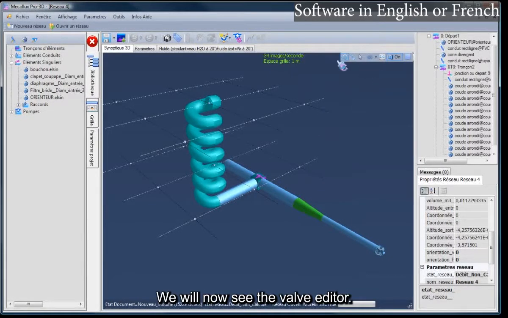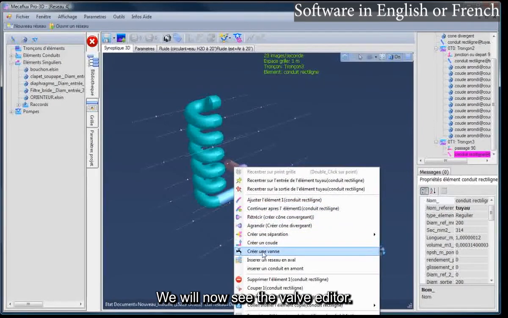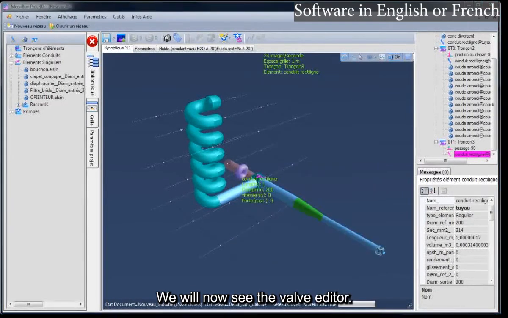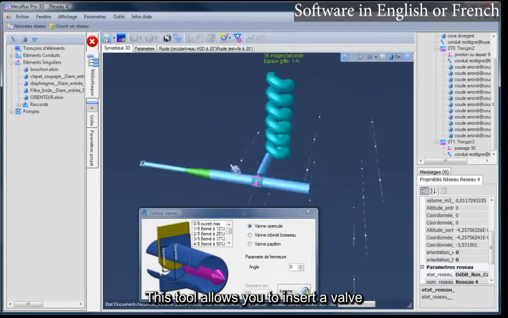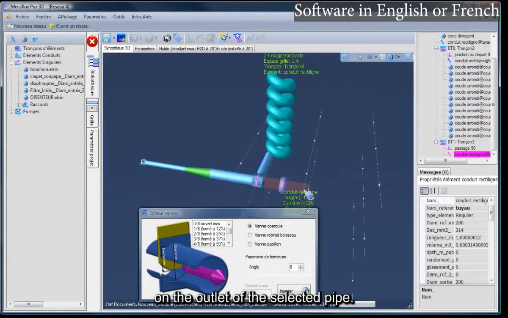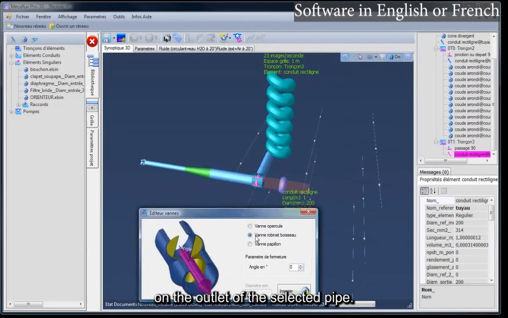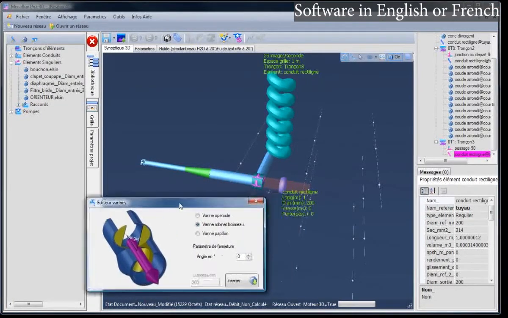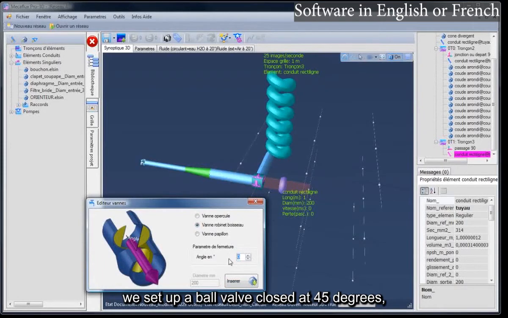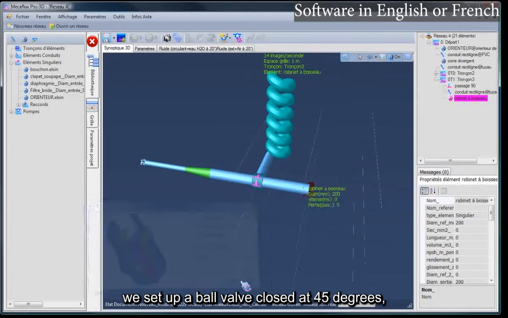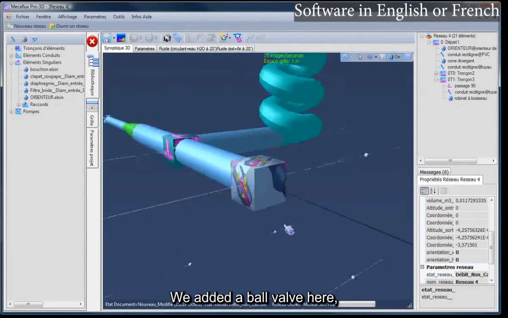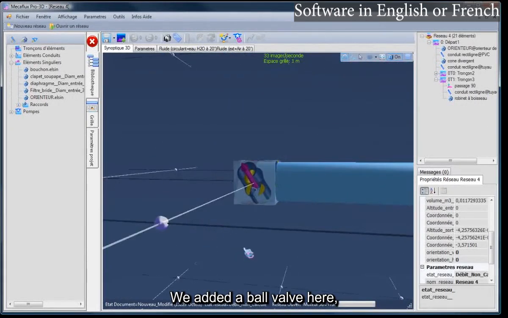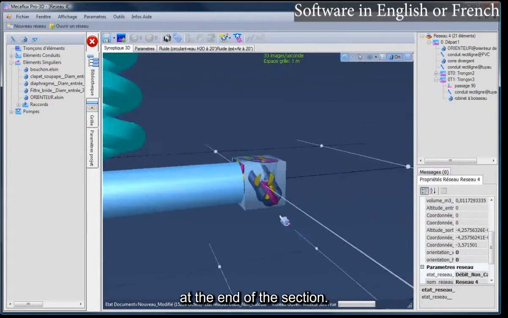We will now see the Valve Editor. This tool allows you to insert a valve on the outlet of the selected pipe. We set up a ball valve closed at 45 degrees and insert it into the project. We added a ball valve here at the end of the section.